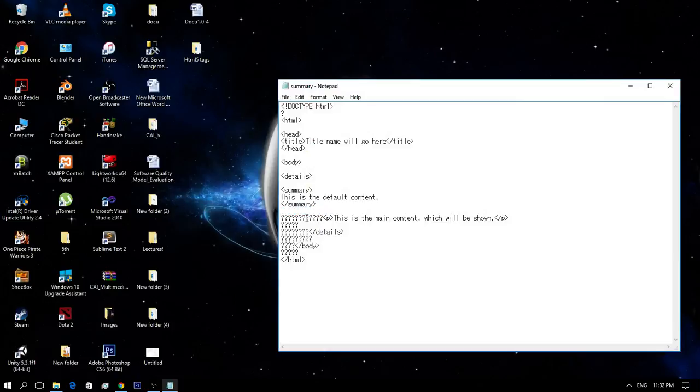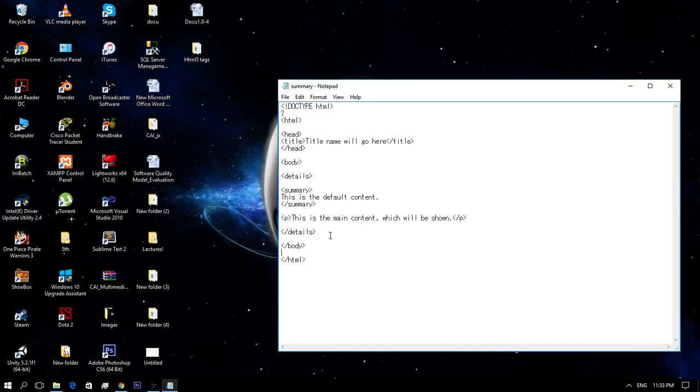So the summary element is used as a child element of the details element. You can see the details element here. Then save.